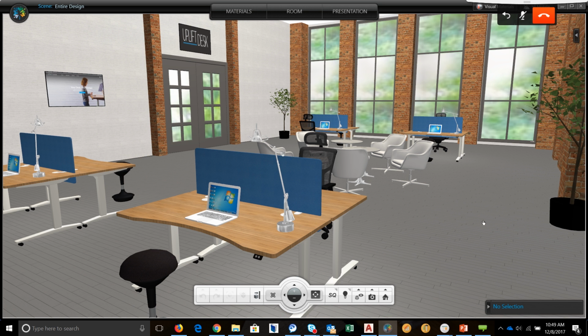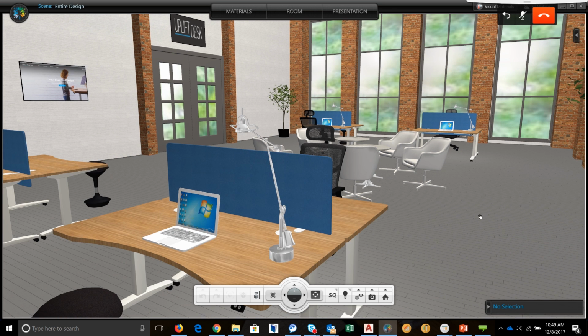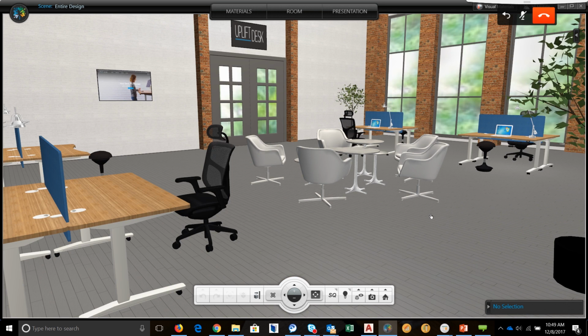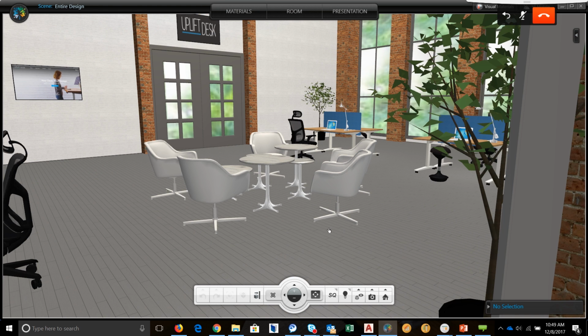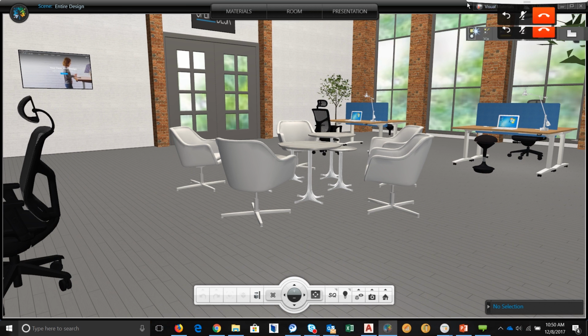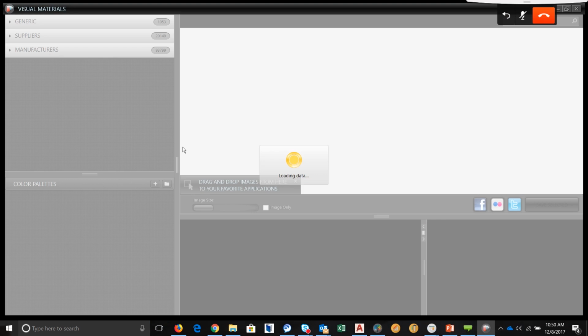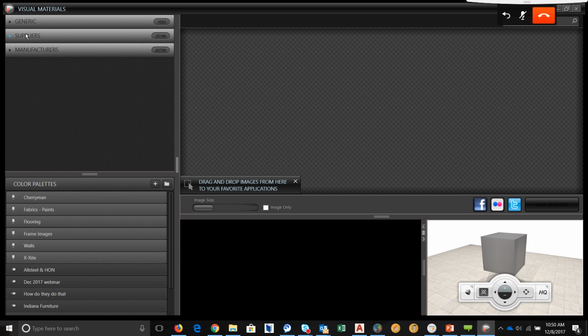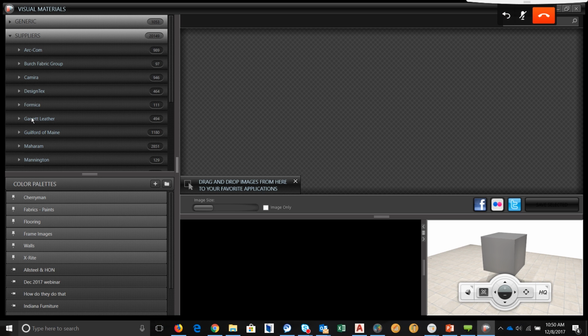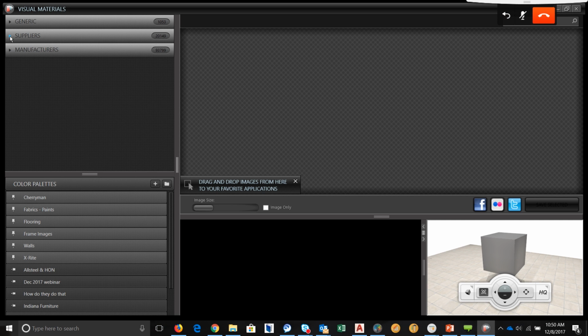So I'm going to work with the chairs that I have in the scene because I want to apply my own finish to them. When I go into Visual Materials, as you know, we have generic and supplier finishes, so I can apply anything from the suppliers that we provide to you. But if I'm going to do my own, I'm going to create a palette. In this case, we'll just do one for today's webinar. And once I create that palette,